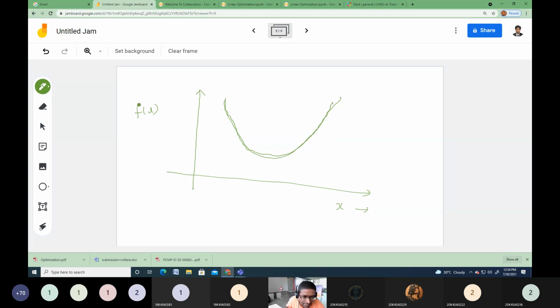I hope you understand, right? It is your objective function, and you are trying to minimize this objective function. Your objective function is varying with respect to your decision variable x like this. Now I am trying to minimize this function. Minimizing this function means finding the value of x at which my function will be minimum. That is the process, and this type of function is called a convex function.